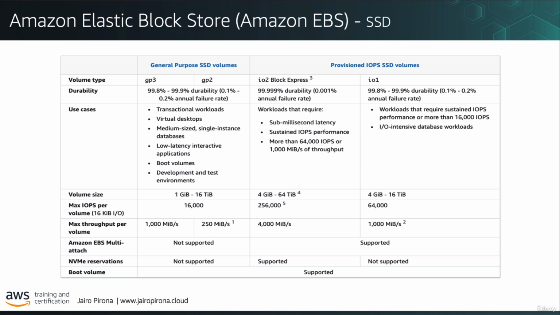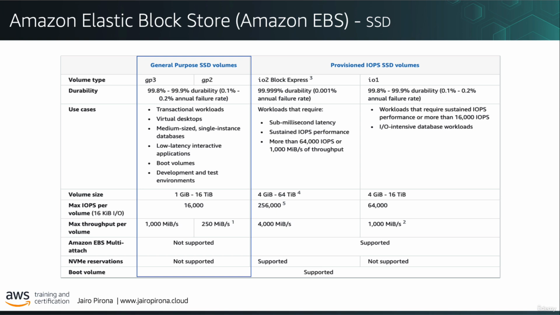In this type of volumes, we have general-purpose SSD volumes and SSD volumes with provisioned IOPS. In general-purpose SSD volumes, we have the GP3 and GP2 types. These volumes balance price and performance for a wide variety of transactional workloads. They are ideal for use cases such as boot volumes, medium-sized single-instance databases, and development and test environments. For example, you could use a GP3 or GP2 volume for a web server where you need balanced performance at